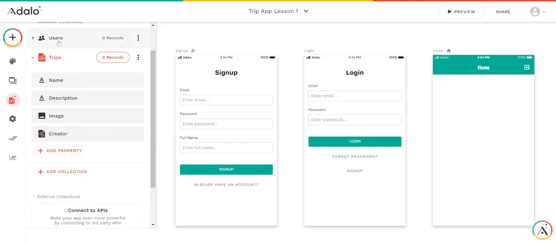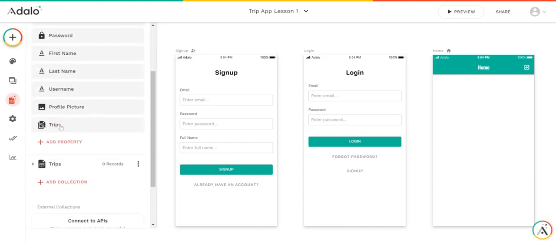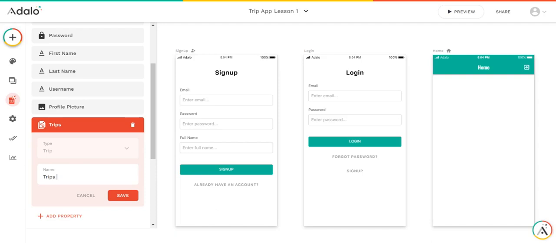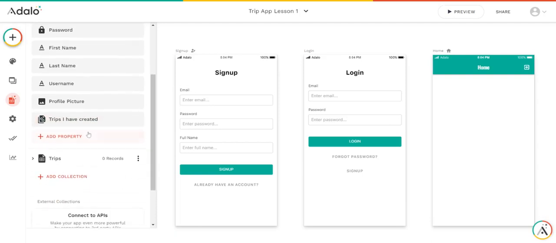What we want to do also is to change these trips here to trips I have created, so it's distinctive and we can understand what's going on in the database. Okay,